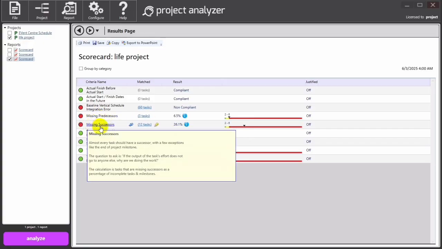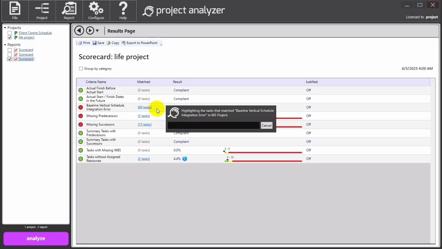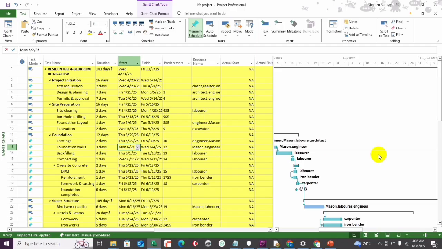So we have a missing successor. Almost every task should have a successor, with a few exceptions. Anyway, so as you can see, the only issues with this is this, right? This, and so in doing any of this, here we have like 2 tasks that are not compliant. So what we're going to do is, we're going to highlight it to see. We'll highlight, and then we wait. So as you can see,